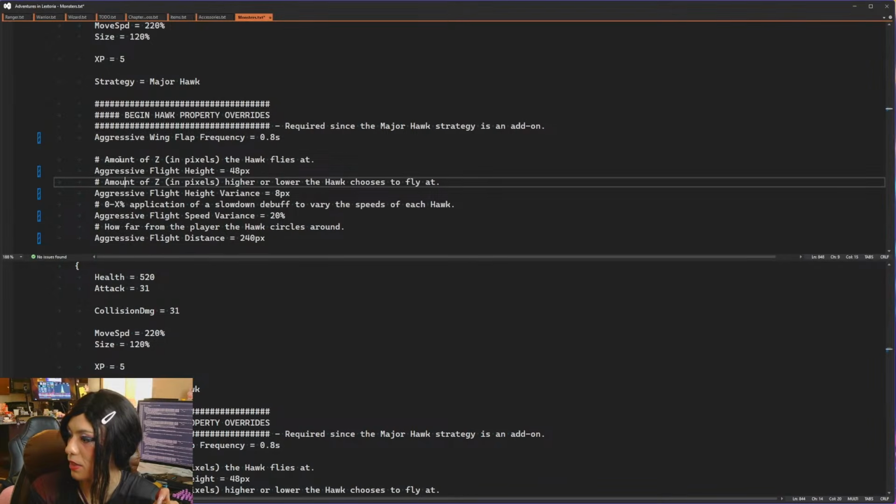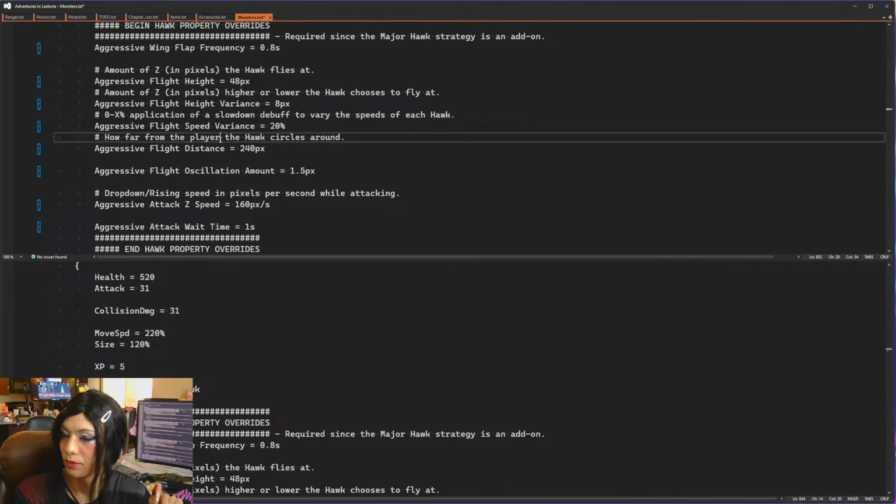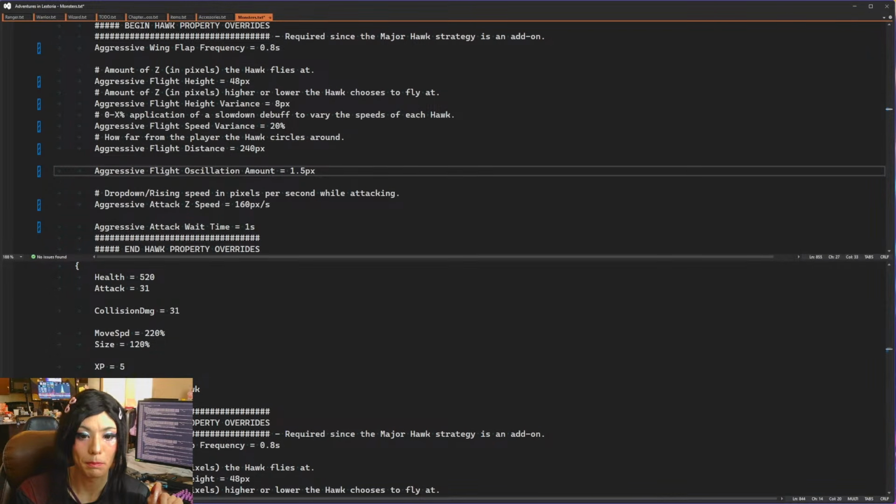So with that in mind, all these come from there as well. I'm just trying to think. So if we supply them from that and they don't exist, what does it refer to next? Did I change all these specifically? Aggressive flight oscillation amount?